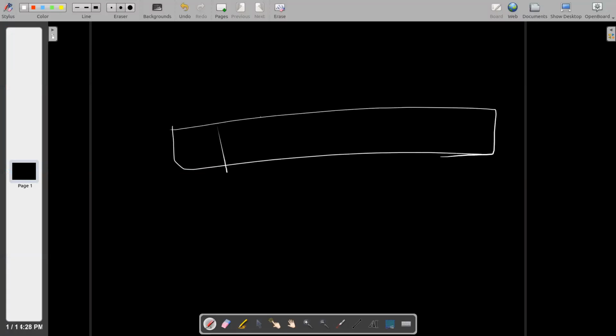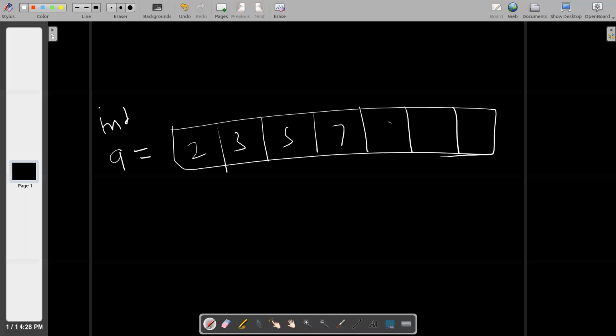So in C, you have seen this kind of array, right? You say int A equals something like 2, 3, 5, 7, 8, 9, 10. In C programming, an array is a contiguous memory location which stores elements.